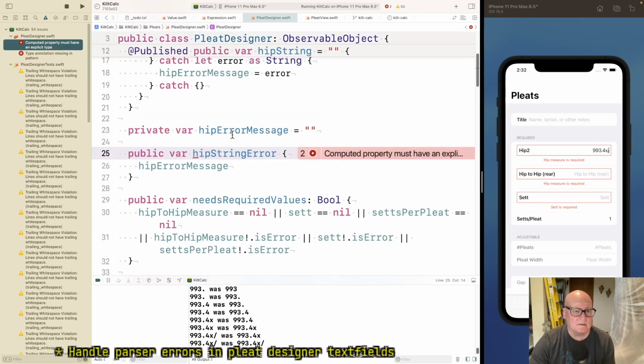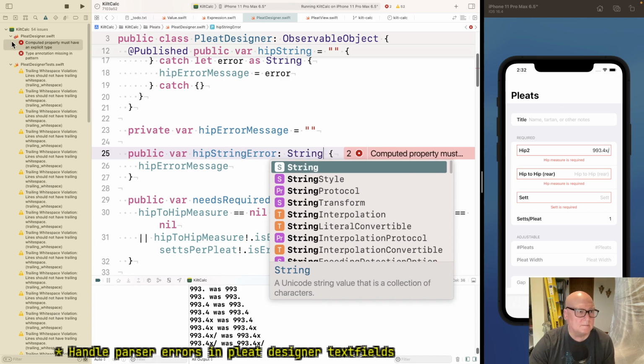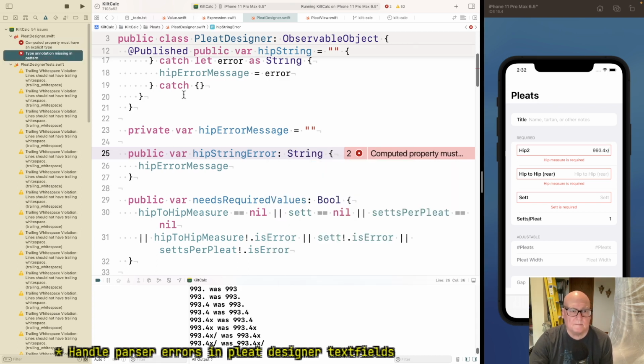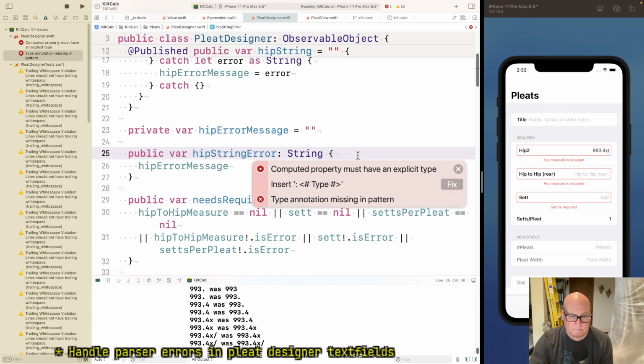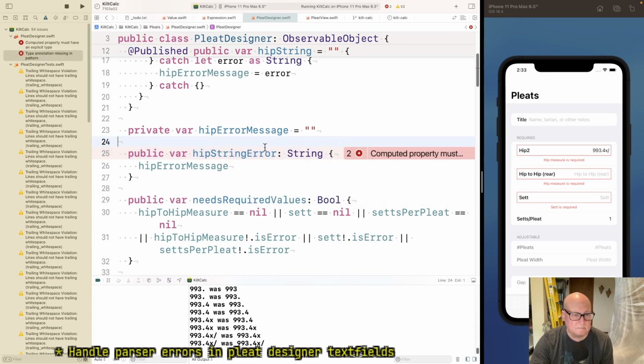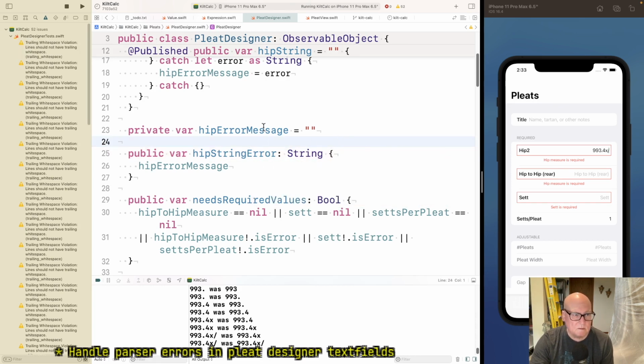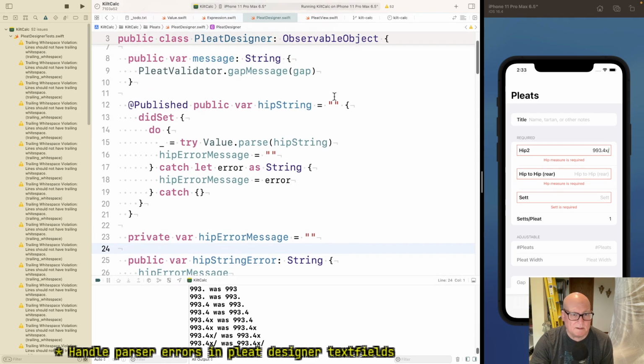Computed property must have an explicit type. Okay, so we got hip string. Every time they set it, we try to parse.